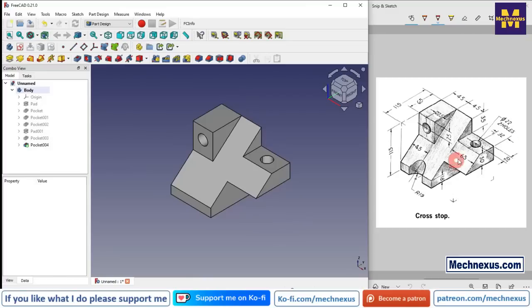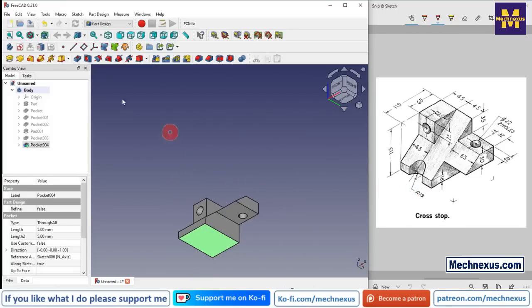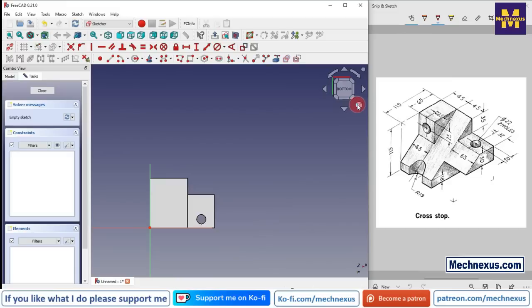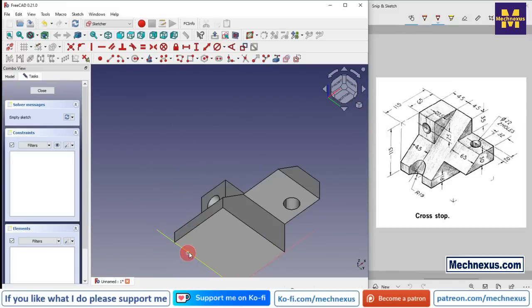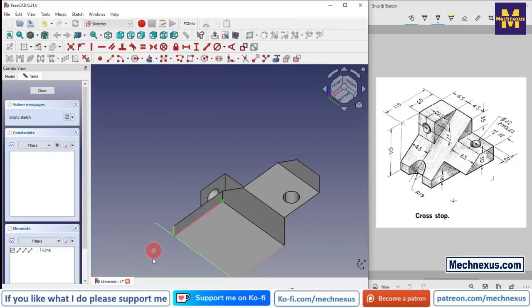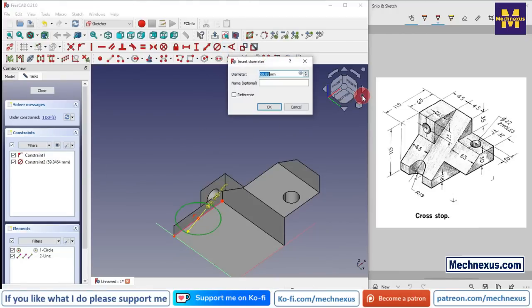Now we will make a hole here as well. It is a half hole which is of a diameter 38. So we will select the bottom face and click on the sketch, click on the isometric view, and now we will project this edge, and now we will create a circle, as it is R19, so we will get a diameter 38,